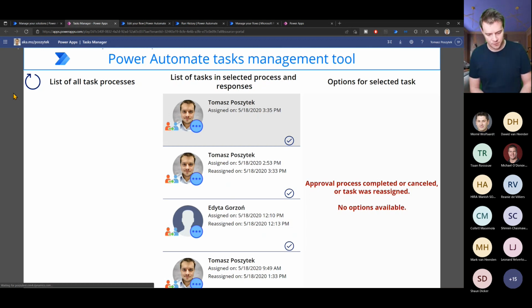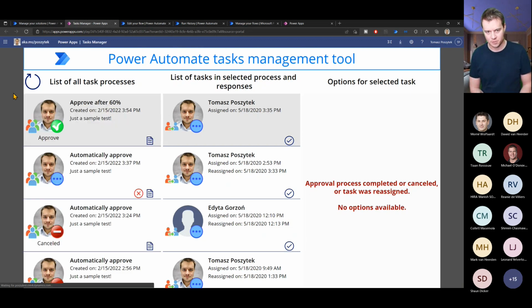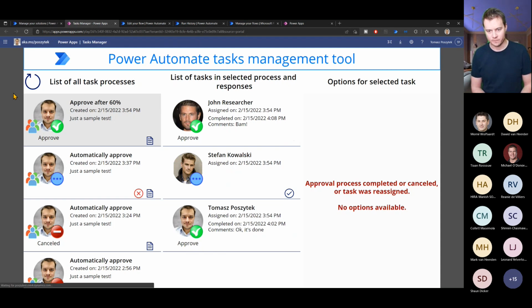I saw as well videos from Reza Darani. I think it was him who made an application. It was on SharePoint actually, where the application was showing these steps in approval. So, I mean, there are many different workarounds, but the approvals, the built-in feature in Power Automate is really underestimated